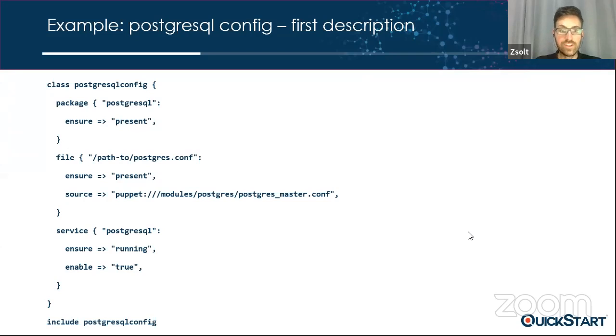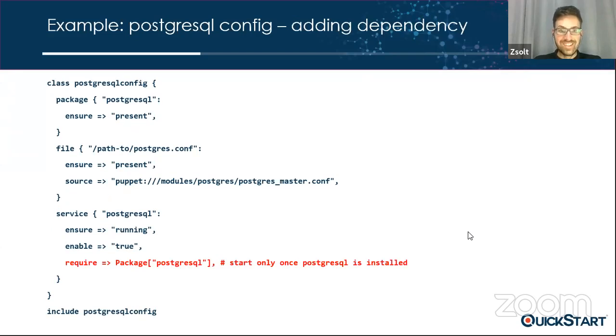And once you include it, then these three resource rules, the package resource rule, the file resource rule, and the service resource rule are going to be executed. This is the idea. So now you can see a bit more complex type of configuration. It's still code, and it's still very much understandable. We're talking about 14 lines in total. It's not too much. Then the next thing is that you might want to add a dependency, because you don't want to run the service until the package exists and it's installed.